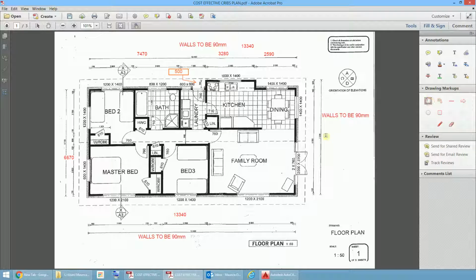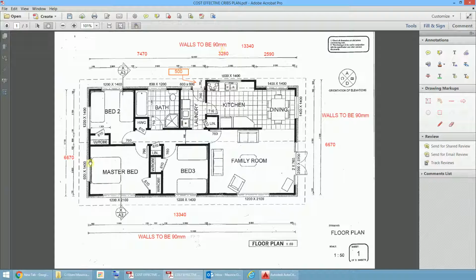I'm just going to keep that the same because it just seemed to make sense to have a nice even measurement in that outside wall in there. So I've decided on just the outside shape of my house, and I know that this side from there to there is going to be 6670 plus 500, and these two are